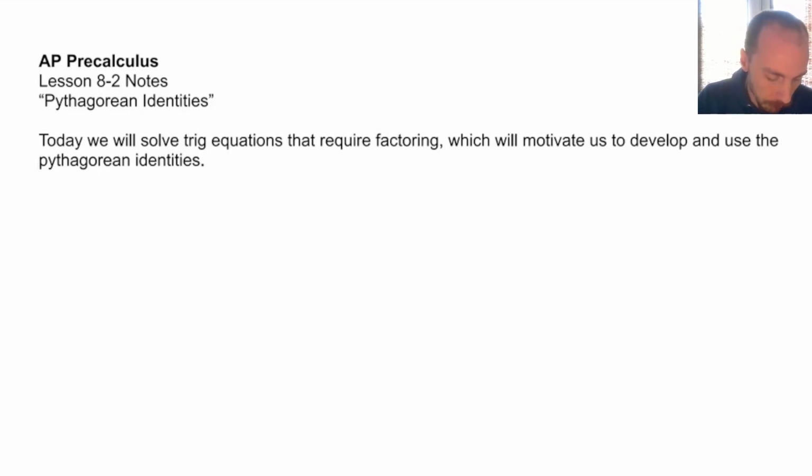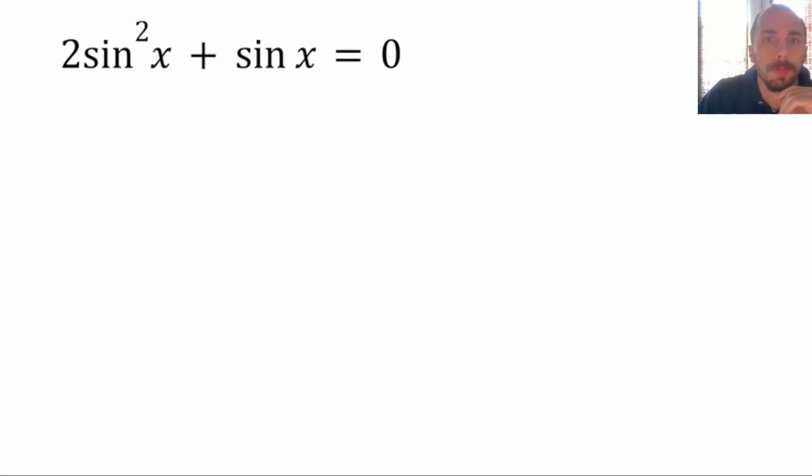So we're going to look for values of x in the interval 0 to 2 pi that make these equations true. So the first one we've got is 2 sine squared x plus sine x equals 0. And I kind of like this one as a good one to start off with. But because we're not really used to factoring with a trig expression, what I would suggest is that maybe we